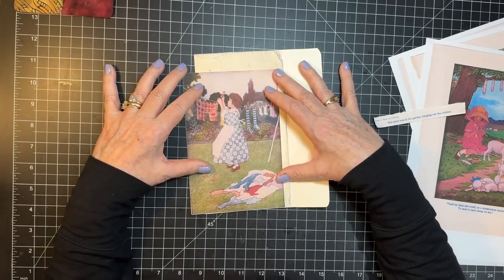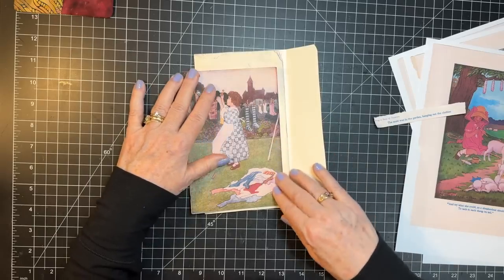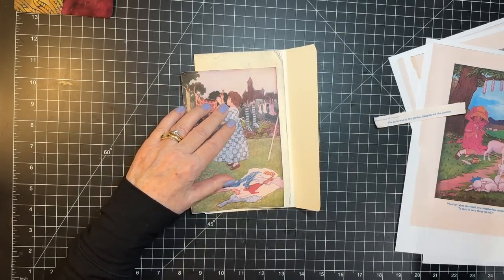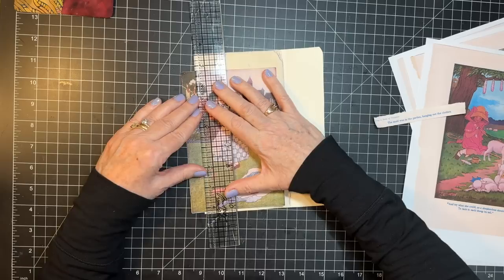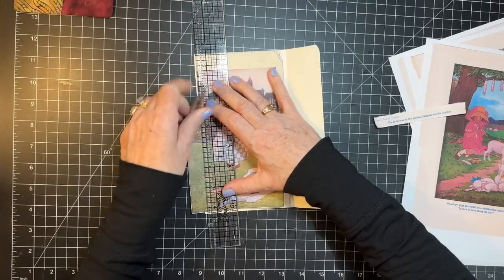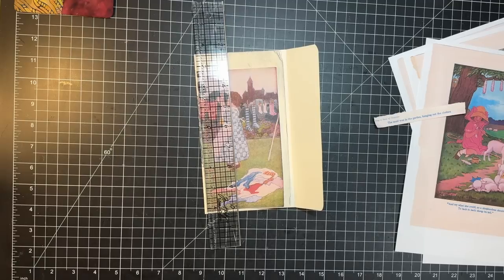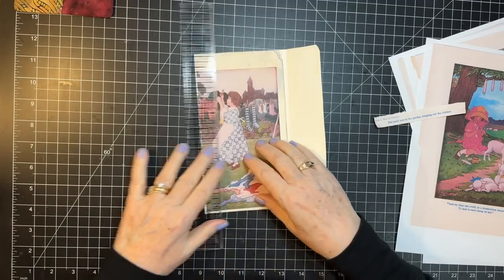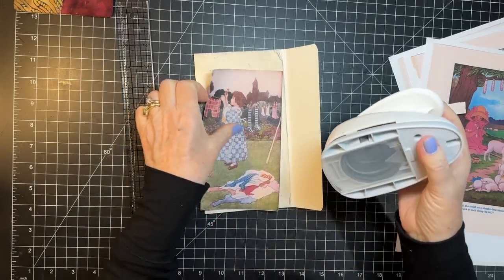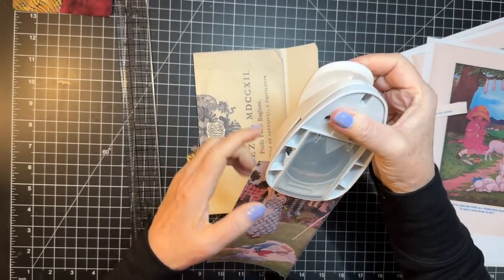And I'm thinking I might want to put that on as a top loading pocket. I think I will. Okay, so I'm going to tear this right down here. Excuse me. I think I'm going to put a little notch in this too. I don't know. So what's fun about these, I think,